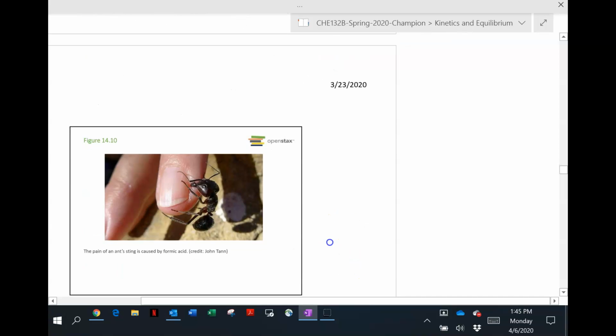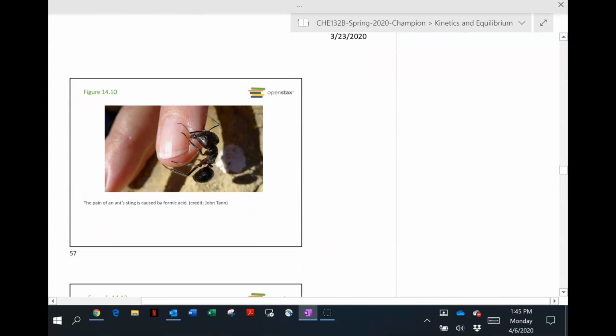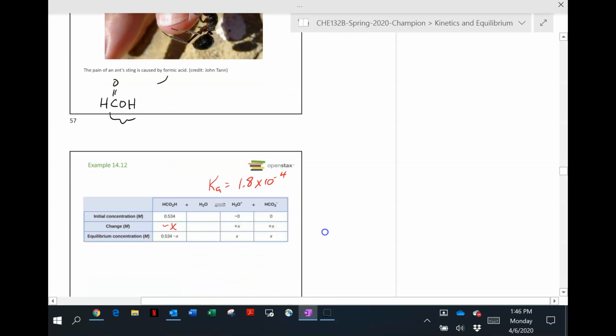This is an ant stinging someone, it looks like, or biting someone, and formic acid. Formic acid is this molecule. You see that COOH thing we saw in acetic acid before there. So that's the formula of formic acid. That hurts. That's the sting of an ant. So we have here the formic acid